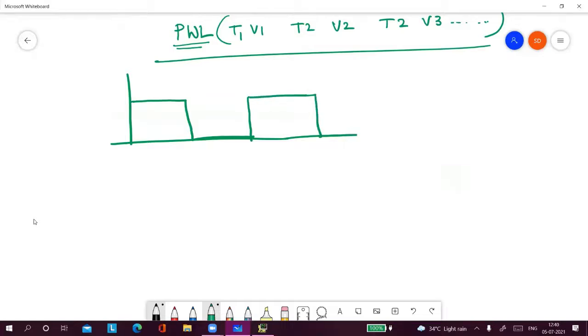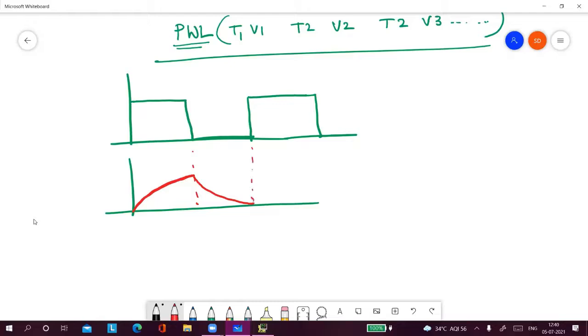This waveform. Okay. That means what will happen here? If you plot, here it will rise. Then there is no source, but the current will flow because the inductor will be magnetized. That current that magnetized will be demagnetized again. Again here it will magnetize, and then it will demagnetize. This is the nature of the current waveform. Magnetize, demagnetize, magnetize, demagnetize, and so on.